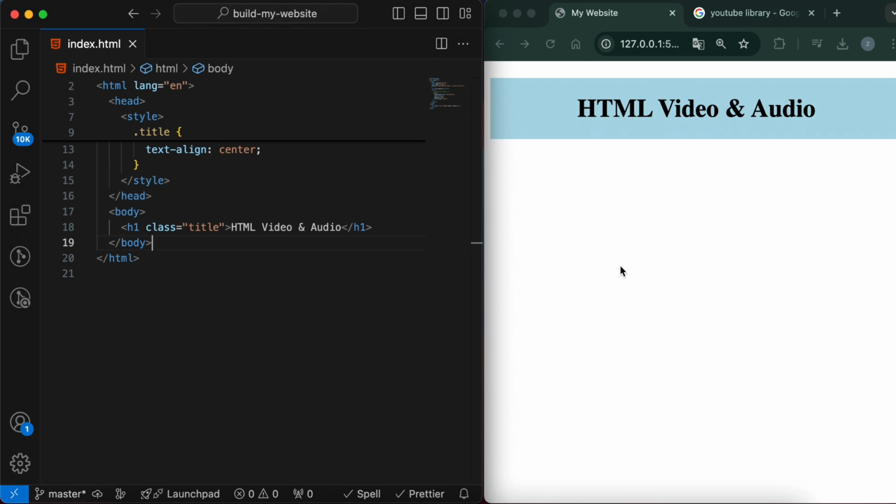Multimedia elements like video and audio make your website more engaging. So you can use the video and the audio tags to embed media directly into your web page. So let's start with the video tag. The video opening and closing tag will include the source of the video that we want to be displayed